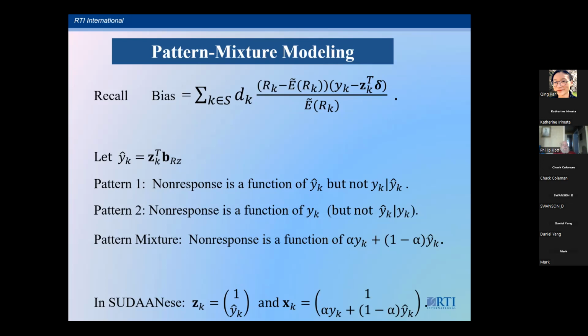The way I like to think of it is the usual way of doing things is ignorable non-response. You do that fit, and then you do the other fit, putting Y in place of Y hat, and you have the upper bound of what the bias could be if non-response was in fact fully not ignorable. There's no way, or there used to be no way, of telling whether things are ignorable or not ignorable. There's a new way that's coming out using